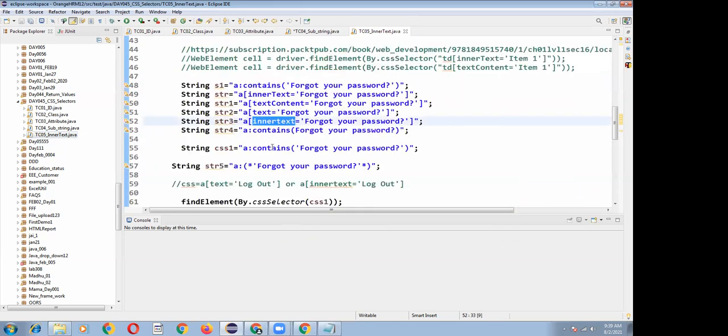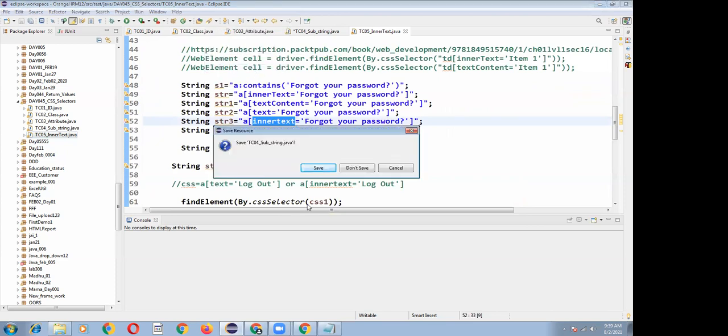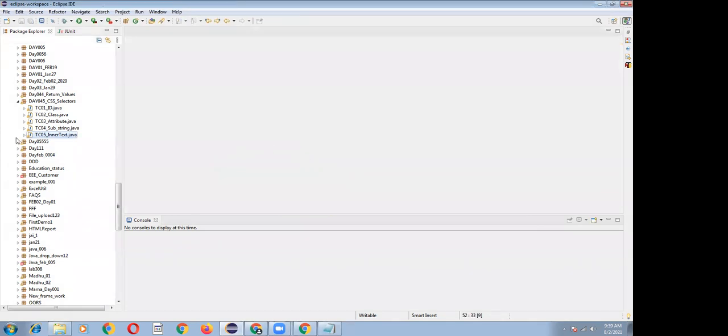This concept won't work at all, so we are not discussing this topic. In the latest version of HTML, the inner text for a particular web element is out of scope. Nowhere is this inner text concept being used. This is the outdated one. So by using these 4 strategies, we can locate the web elements.